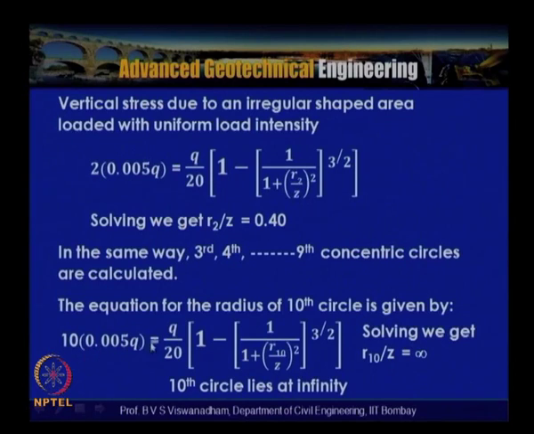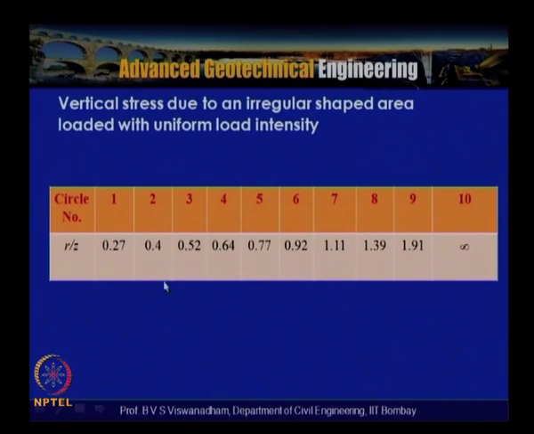So Q by 20 is equal to 1 minus 1 by (1 plus (R10 by Z) whole squared) raised to the power 3 by 2. By solving, we get R10 by Z as infinity. So the 10th circle of the Newmark chart for vertical stress is at infinity. With this we can get the Newmark circles, and the vertical stress due to an irregular shaped area can